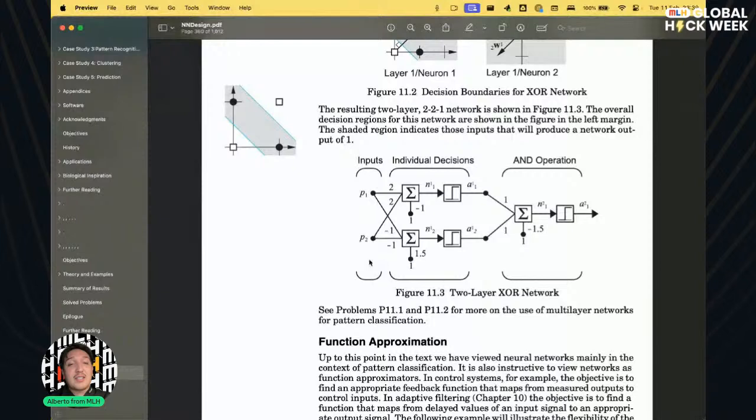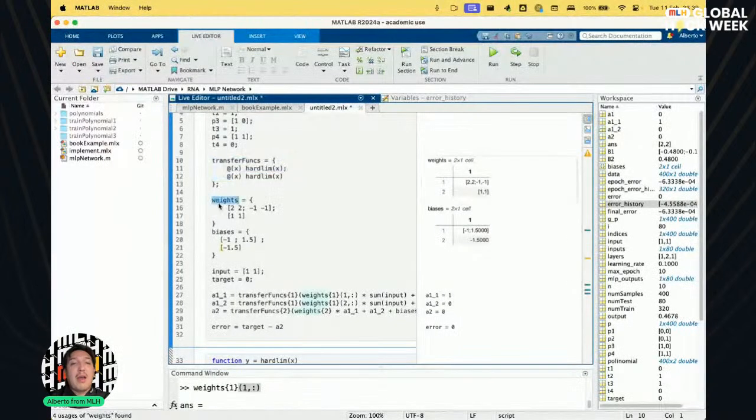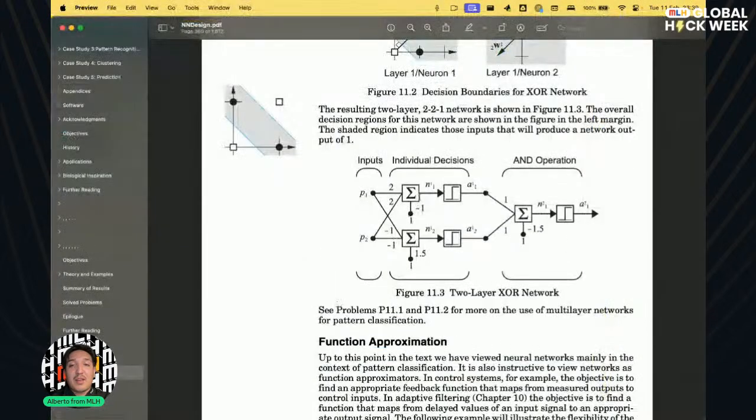So we have the inputs. The inputs we declare here. We have the transfer functions. The transfer functions we declare here. We have the weights and the biases that we have here. This is 2 times 2